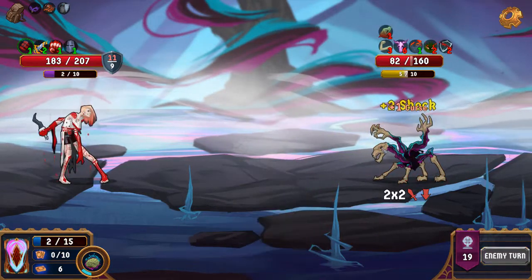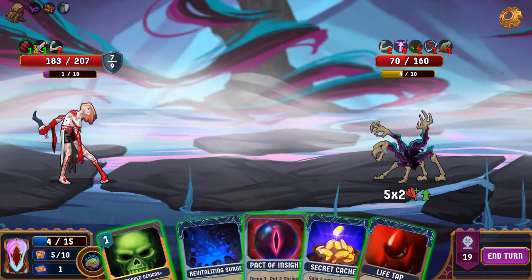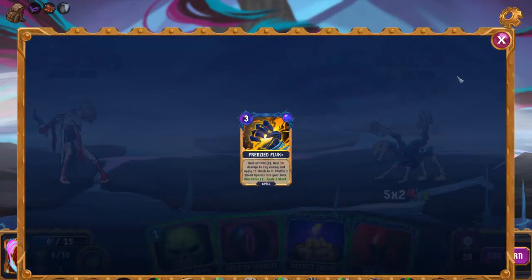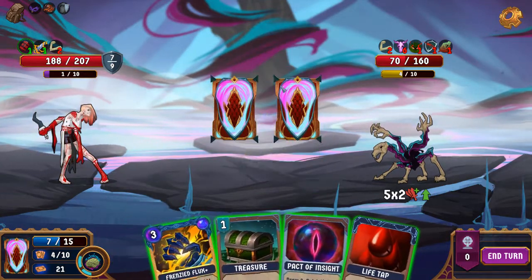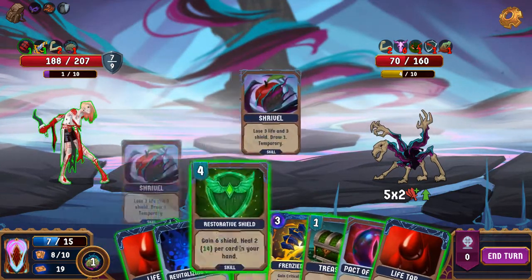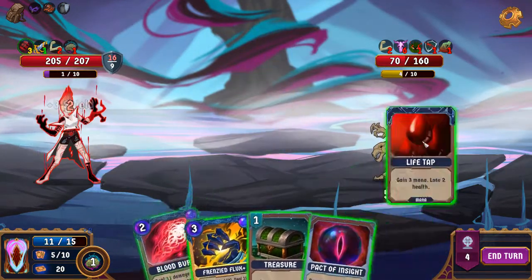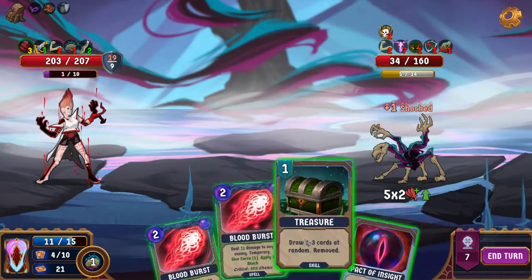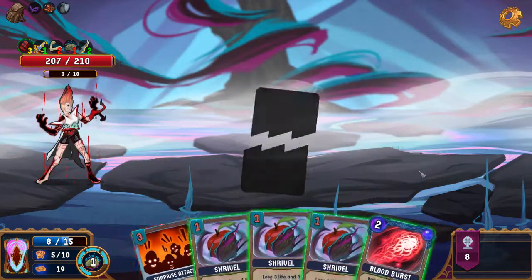But it's fine. Fortunately, one shield gets rid of both stacks of frail because of how things work out. Let's see. This will actually ensure that we draw that treasure, which is not necessarily the most useful thing, because we know that the top cards of our deck are now shrivels, but we have lethal, and we get back the health we lost, so it's like we never lost any